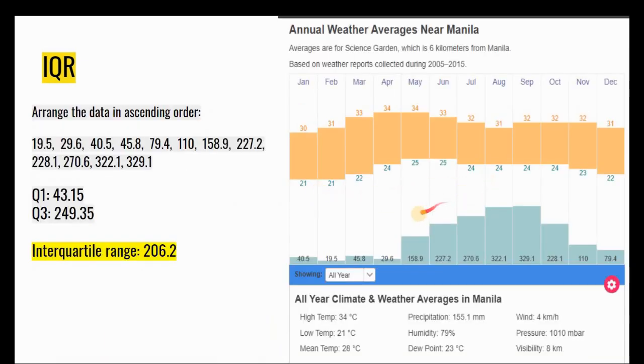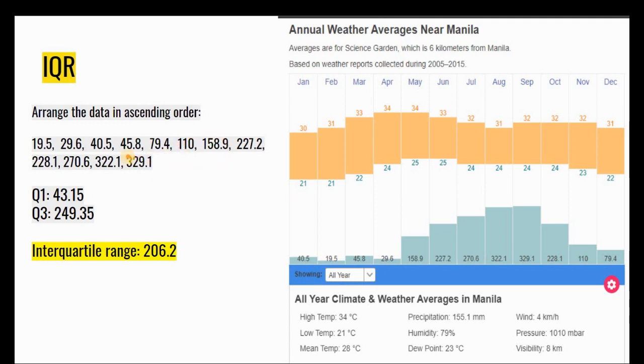So, paano if we would apply IQR in the same data set na ginamit natin kanina? So, ganun pa rin, you would just have to arrange the data in an ascending order. Kagaya nito, in-arrange na natin siya. We started with 19.5 and then ended at 329.1. So, having that information, we would be able to know saan yung ating